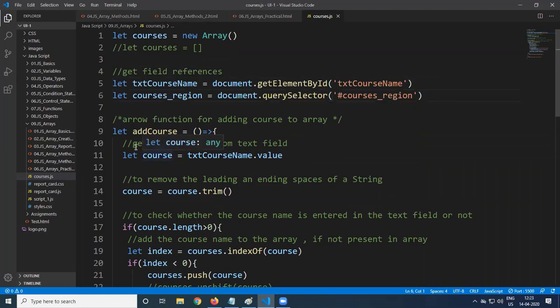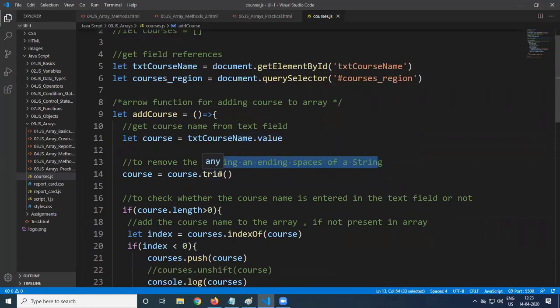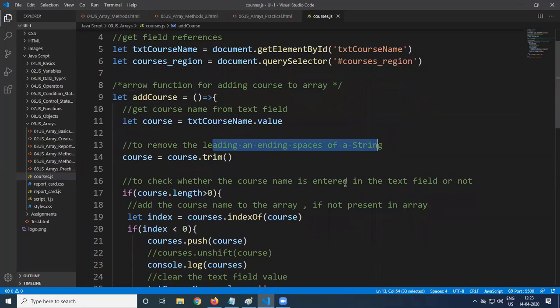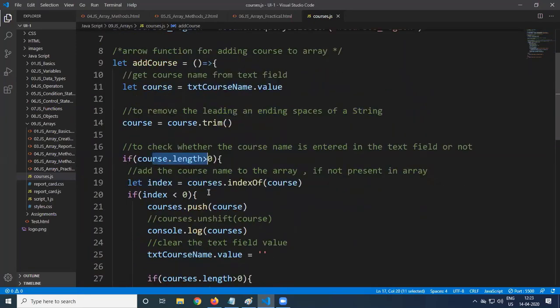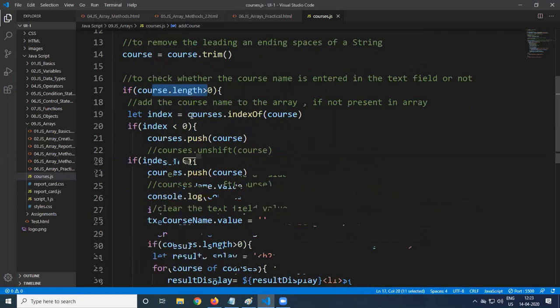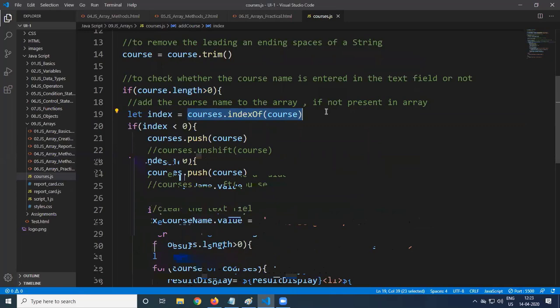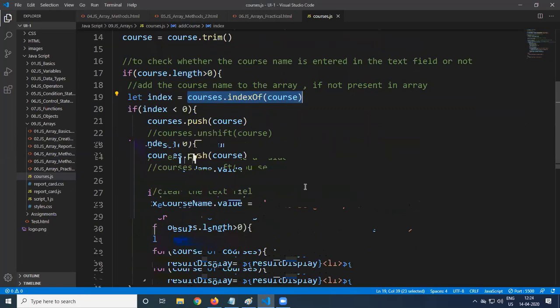This is what the function, get code's name from text field. To remove the leading and ending spaces of a string, we use trim. To check whether the code's name is entered in the text field, that means if anything is entered, the length will be greater than 0. If it is entered, now we are checking whether it is already available. So whatever the functions we discussed, we use push, unshift, indexOf, all those things we have done.